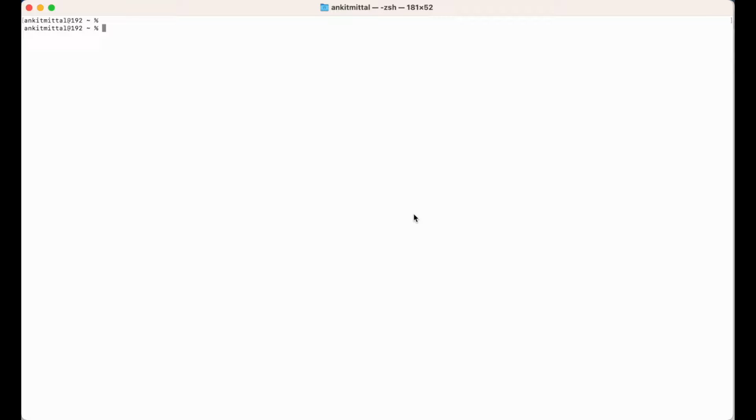In order to create a virtual environment, Python should be installed on your machine. To verify whether Python is installed or not, you should write python3 --version, and if you get the output something like this, then it means Python 3 is installed in your system. But if it is not, then it is very straightforward and easy, and I have created a separate video for that. You can refer to that video. The link of that video you would find in the description below.